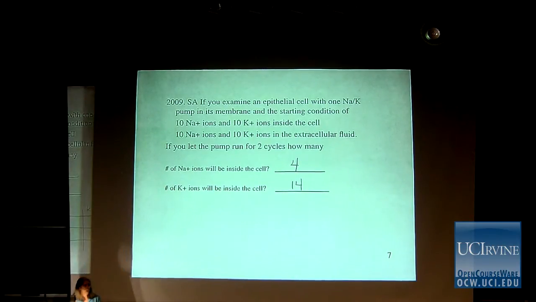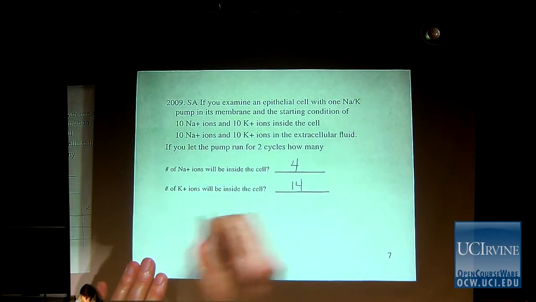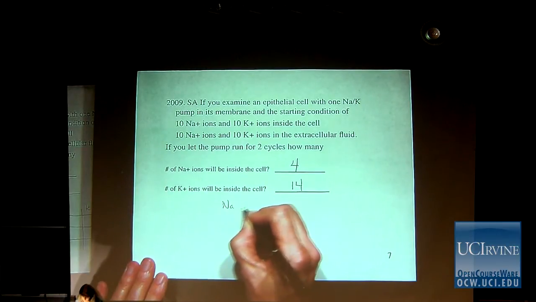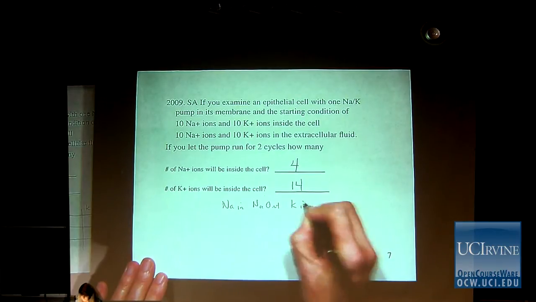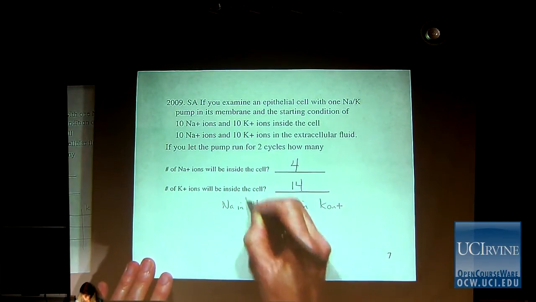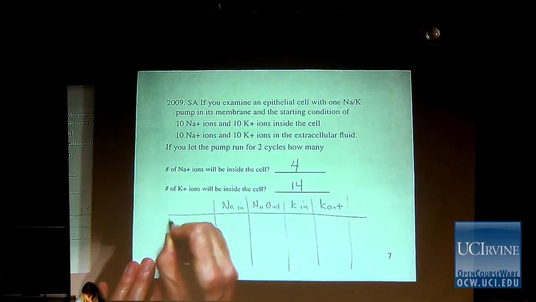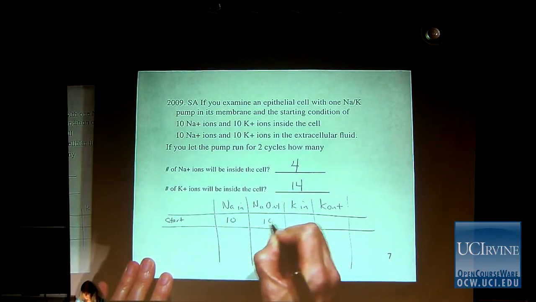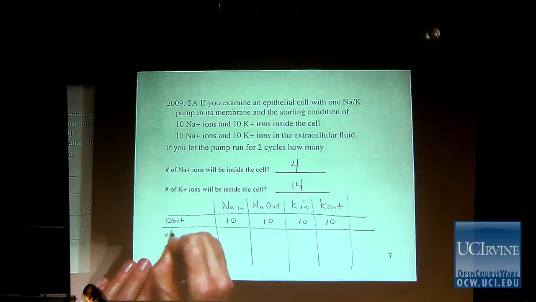Okay, and this is how I do it because, again, I can't do it in my head. So I just start out by making a chart that says, what do I know? I get sodium in, sodium out, potassium in, potassium out, and my starting conditions. I'm told there's 10 ions in each of these. 10 sodium in, 10 sodium out, etc. So after one cycle,